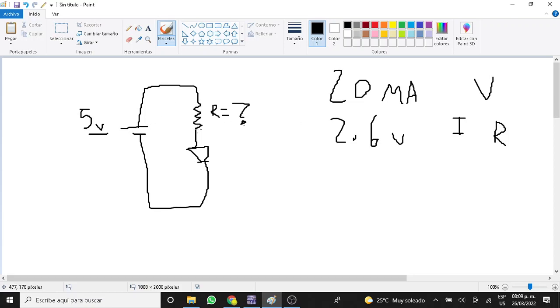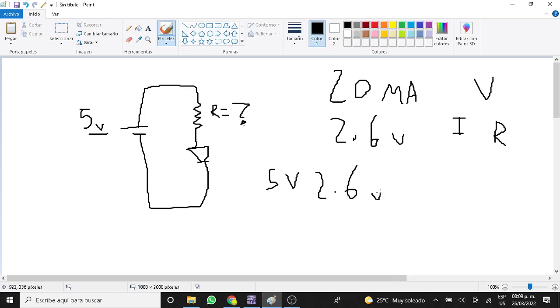In this case, we have the voltage and the current. How do we know the value of the voltage? The voltage of the source is 5 volts, and the voltage of the LED is 2.6 volts. So we have